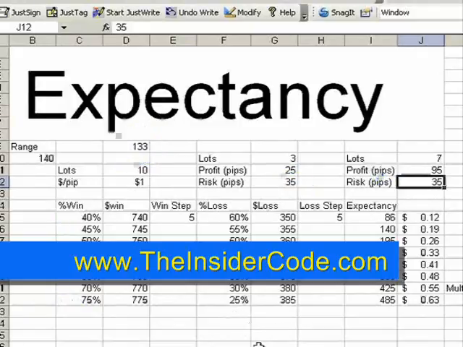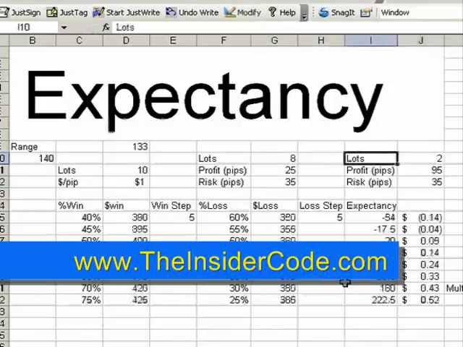So now our money management can take on an entirely different look. Maybe you don't want to use 3 and 7. Maybe you want to take 8 off at 25 and then 2 off if the market gets to 95. Well, if that's what you want to do, then if it only wins 40% of the time, I'm just not going to make money over time, and I really need to be up here at 55 or 60%. So what that means is, with that particular trade where the market's had a big